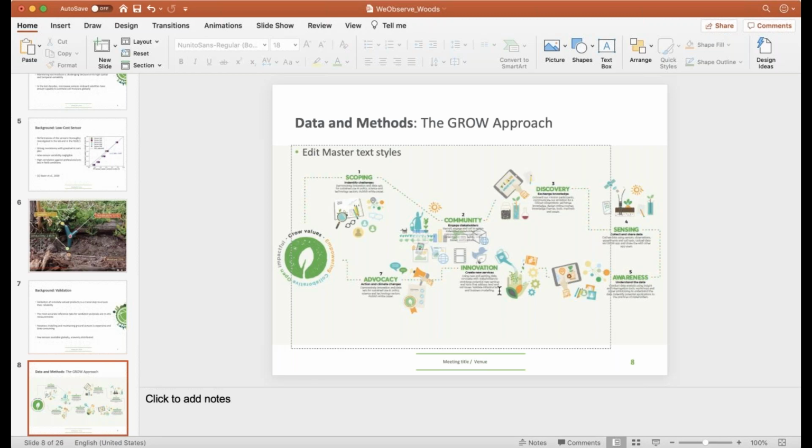We developed the GROW approach, which you can see probably vaguely here, given the view you've got of my screen, which was a 7-step approach that guided all of our activity through to scoping the challenges, the engagement of stakeholders and the building of community, which of course is highly important if we were to achieve a longitudinal data gathering, continuous data gathering